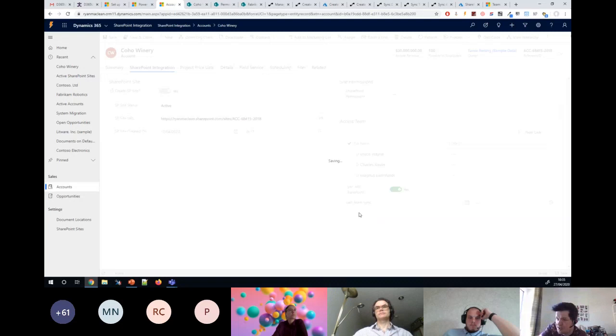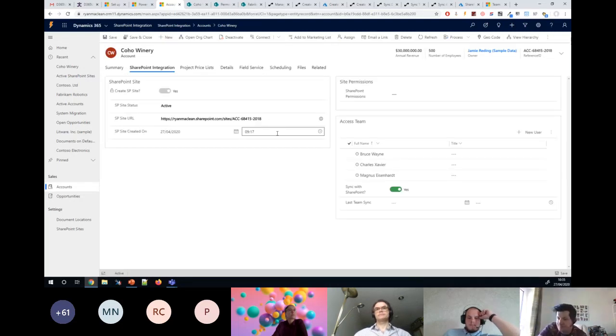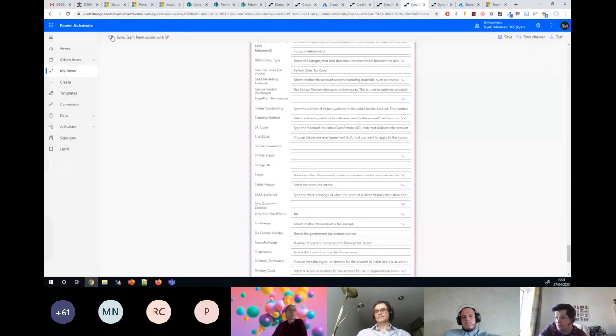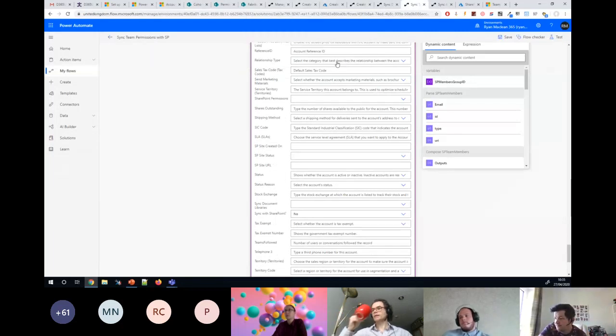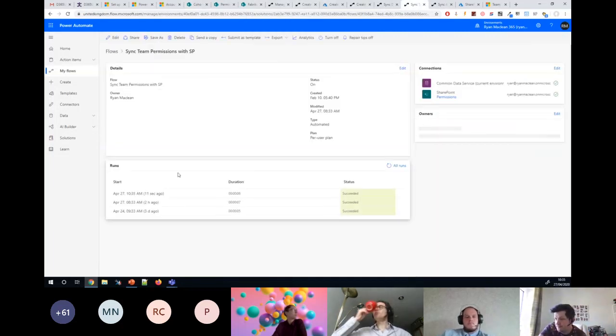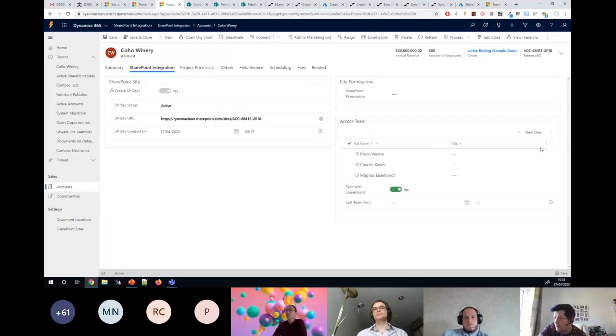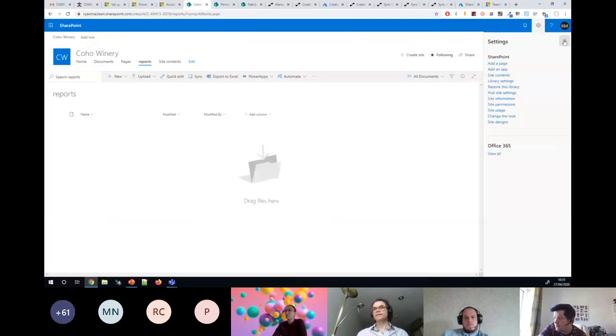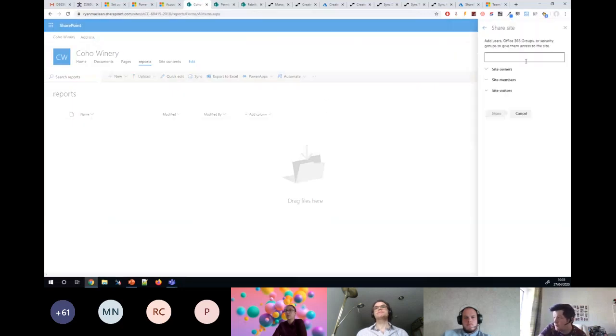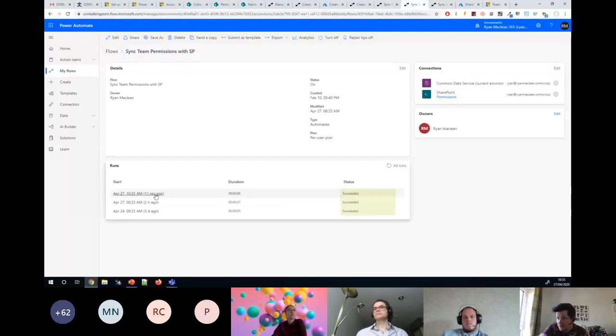I really need to turn off duplicate detection in this tenant. And so that'll go ahead and do the sync. And that one's succeeded already, which is good. So if I go back to my Coho Winery, close that. We can see that they've appeared in here, which is great. So that's exactly what we wanted. I've added them to Dynamics 365 and added them to SharePoint. Now they can see both. And so if I look through the list here,